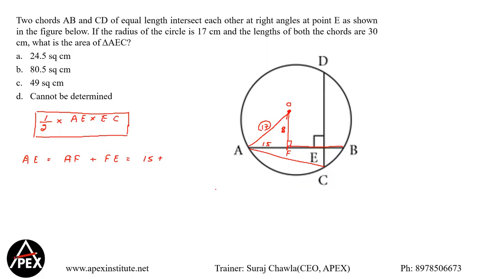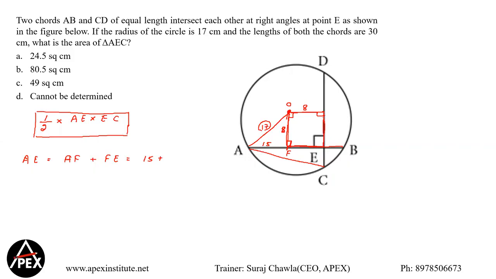Right, now if OF is 8, OF is the distance of the chord from the center of the circle. Now with the property of circles, we know equal chords are equidistant from the center. So I can say this distance is also equal to 8. And this would always be a perpendicular distance. Not only is this perpendicular, this is perpendicular. So these 4 sides are perpendicular. With 2 adjacent sides being equal, can I say that this figure is nothing but the square?